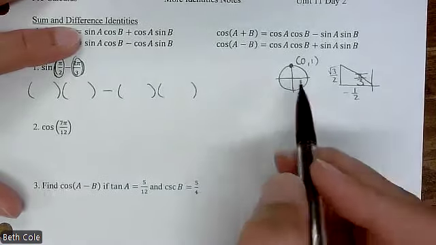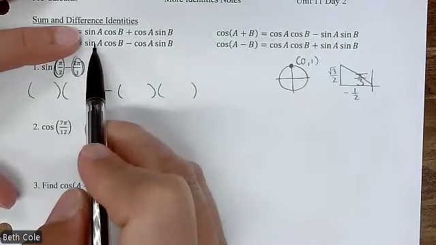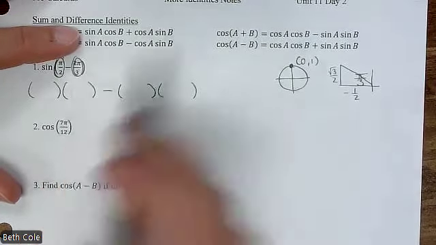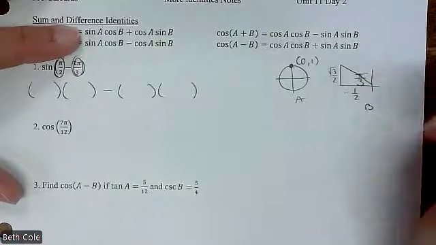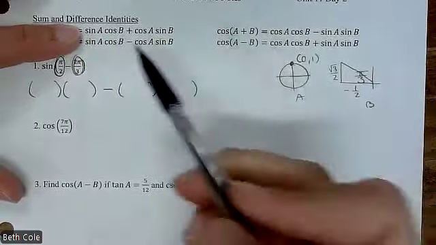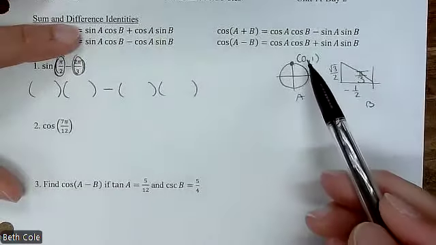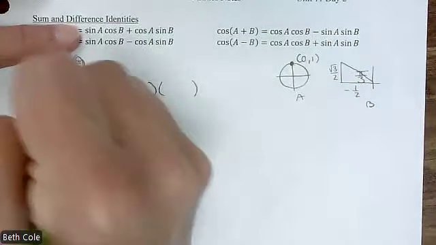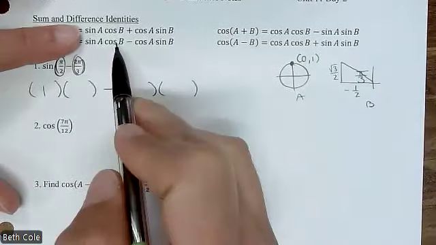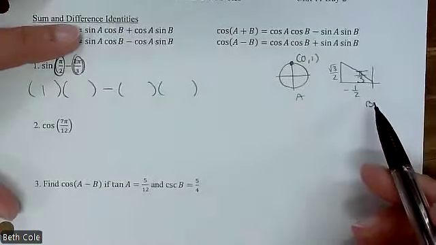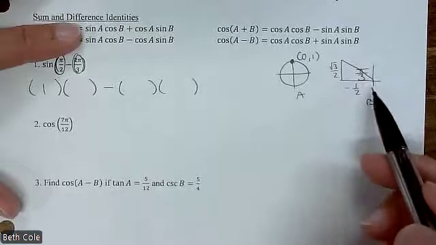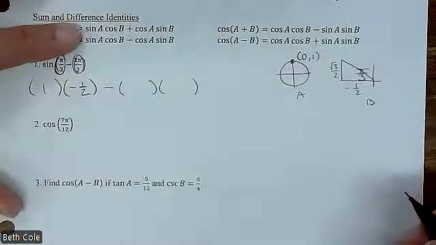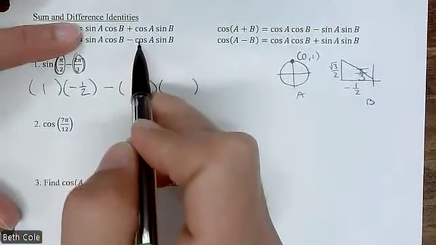Okay? Now we're going to use our pictures to answer the question. The first one says sine of A. A is going to be the first thing. B is going to be the second thing. So like if you want to label this is A and this is B. Okay? So sine of A, we're going to look right here. Sine is which part of this point? The Y. So 1. And then it says cosine B. So I'm going to look at this one. Cosine is which part? Get the X, so negative a half. Cool. Minus,